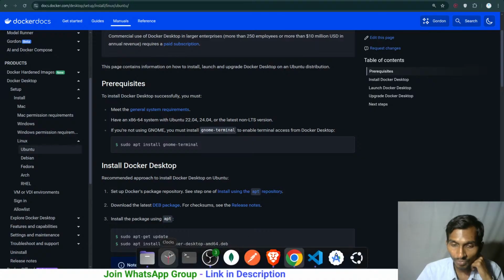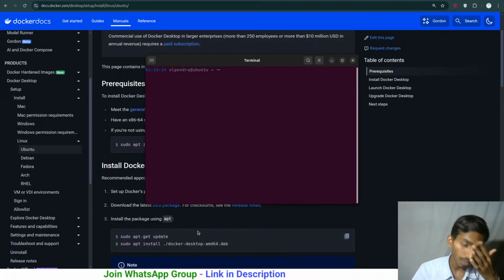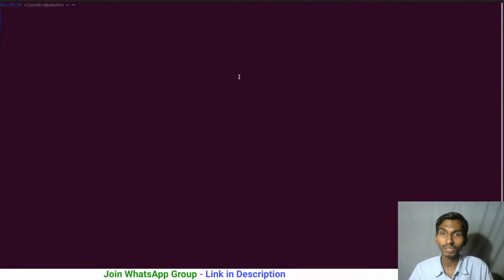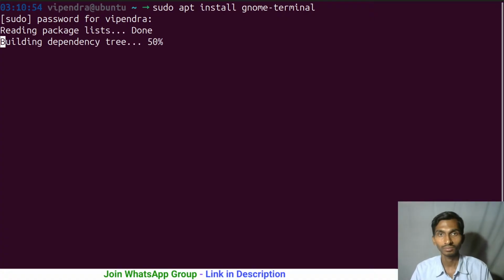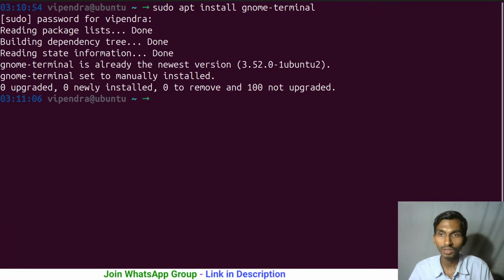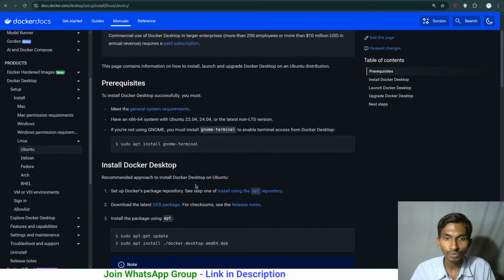Okay, let's do that. It's good to have Docker Desktop, because otherwise you will keep writing lots of commands. I don't have any problem with that, but here you can just simply delete lots of stuff directly, lots of images and all, and that's why it's better. Coming back to this one,